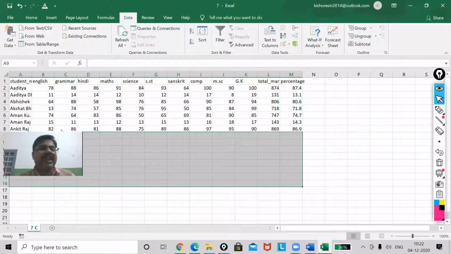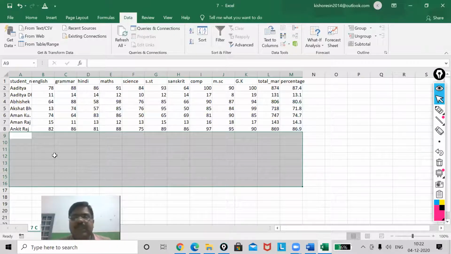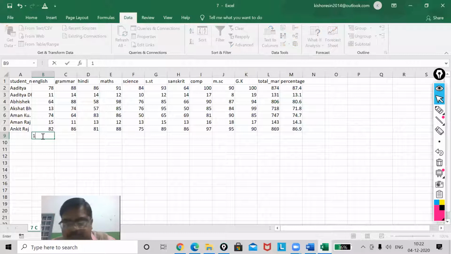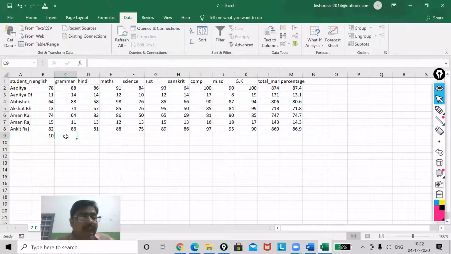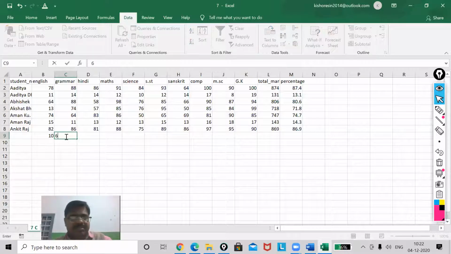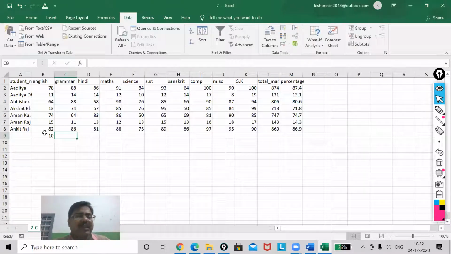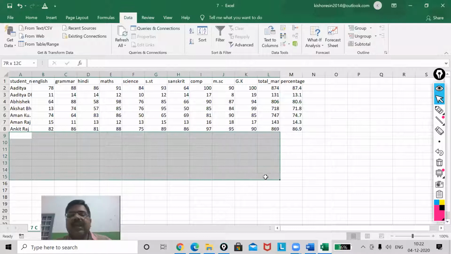Clear? Now I want to instruct also. Just now you can see, when you will give the values, let me check it from where to where I have selected. Now you see, my dear, when I will write here a value 10, it allows me. I'm using a 61. It is giving error, but I should give my message, I should give my error alert to the user that the data that you are filling it, that is wrong. Then what we will do it here, let me remove this.